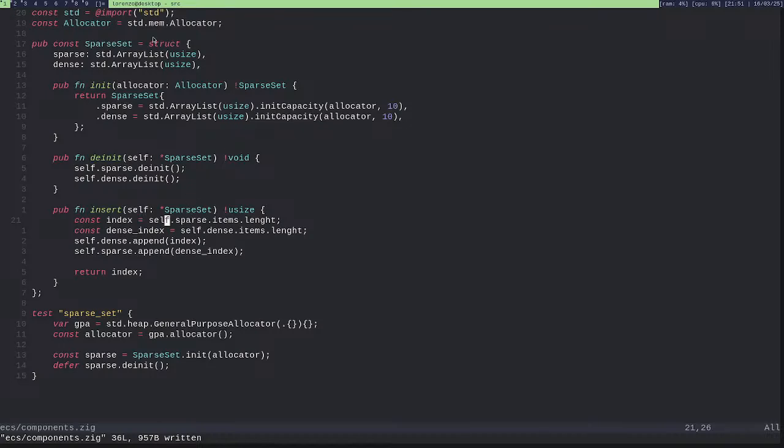I think I will use a linked list of values I can then pop and push. So when I remove an entity, I will put that entity ID inside the linked list of free entities and just use that. And if the destroyed entity linked list is empty, I will push the entity in the sparse set.